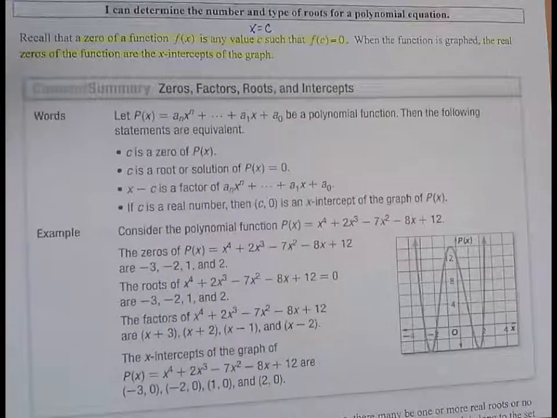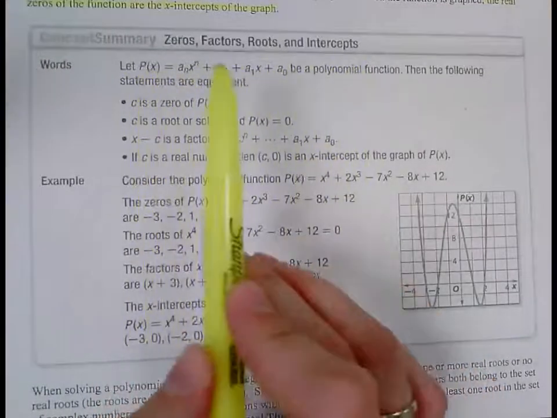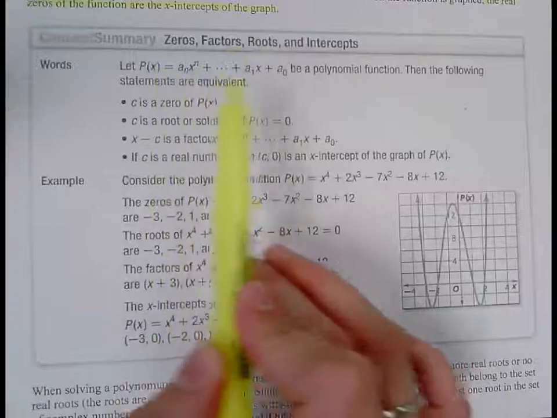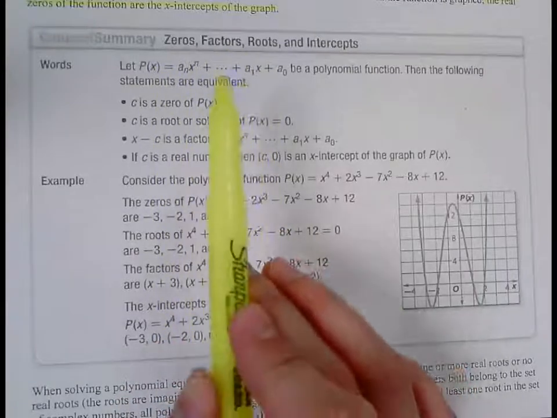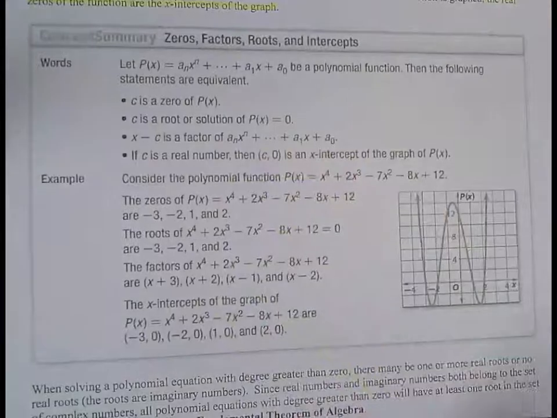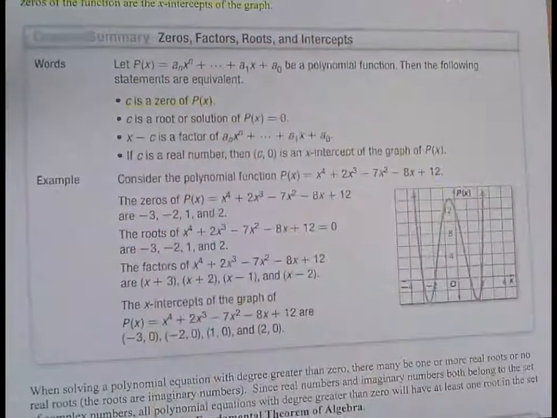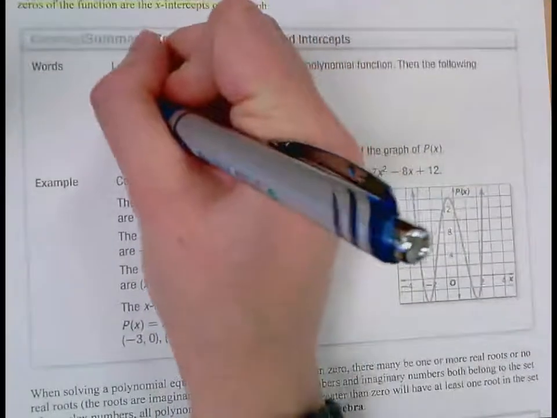Because again, the whole idea is we're eventually using the zeros or the solutions or the synthetic division that we have to find the factors so that we can solve. It says let p of x be a polynomial function. This is just the general form for a polynomial function. The following 4 statements are equivalent. I'm going to highlight 2 of them because I want to draw your attention to those 2. So if c is a 0 of p of x, and again, c is an x value,